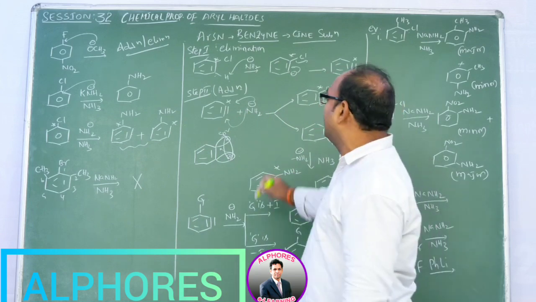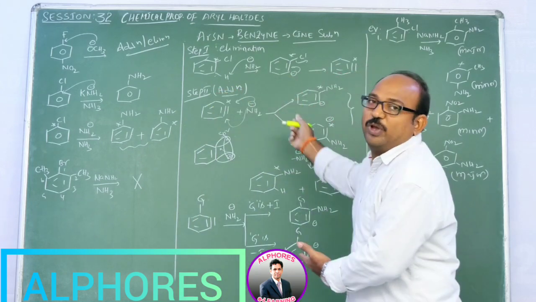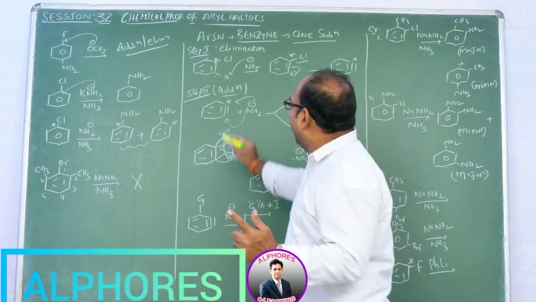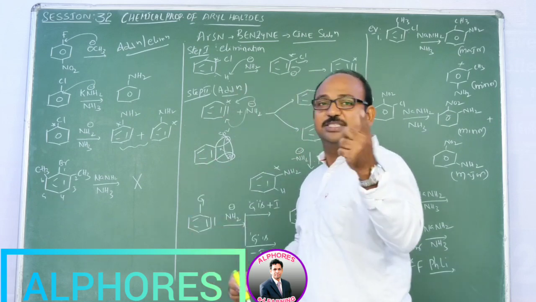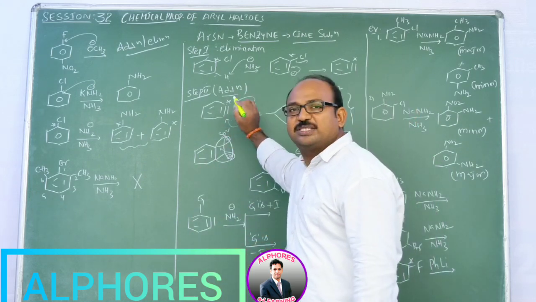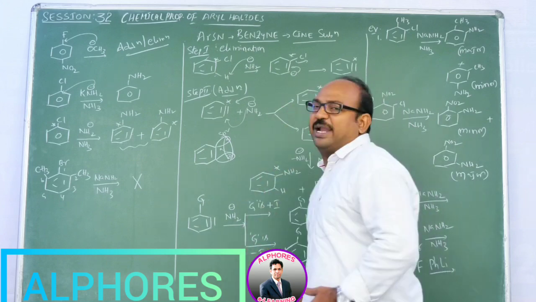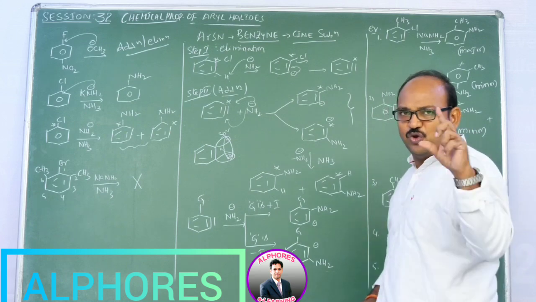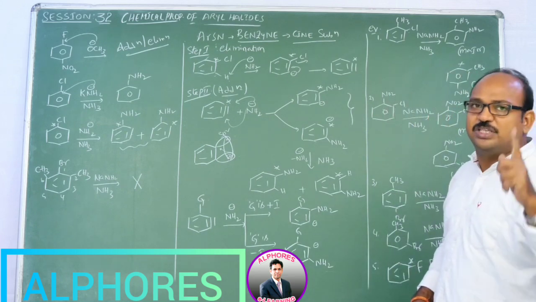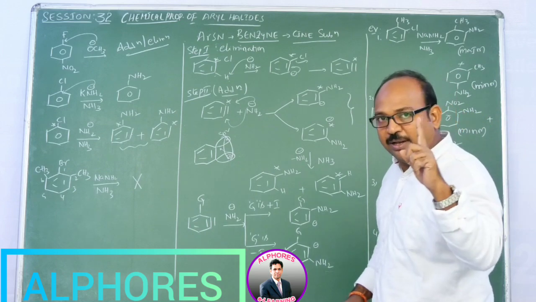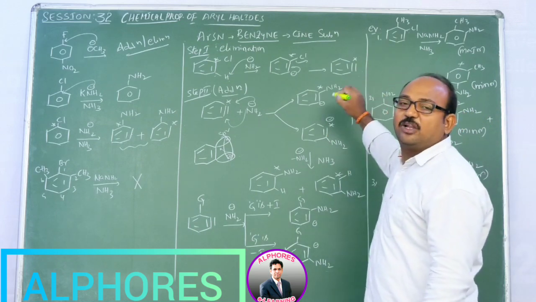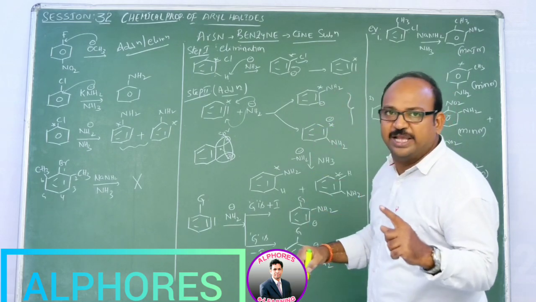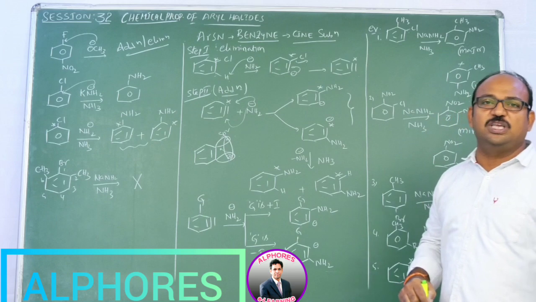To this benzene, NH2 minus means that we are using a nucleophile, right? So this NH2 minus has to come and attack either of these 2 carbon atoms. One is the C14 carbon, another one is the regular C12 carbon. So this NH2 minus may attack either of these 2 carbon atoms. As a result, you are getting 2 carbanions, of which one has the negative charge at the C14 isotope, and in the other the negative charge is not at the C14 isotope, but adjacent to the C14 isotope.